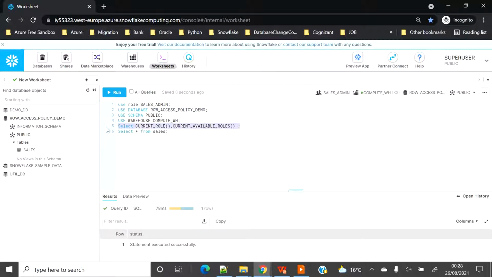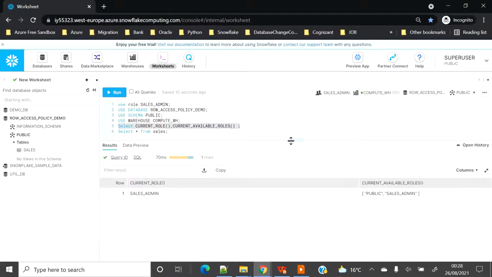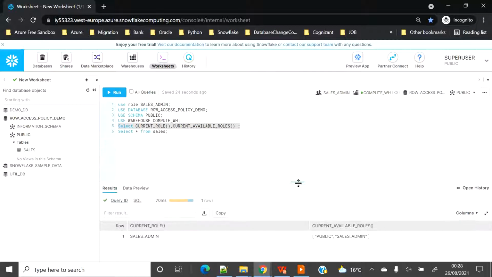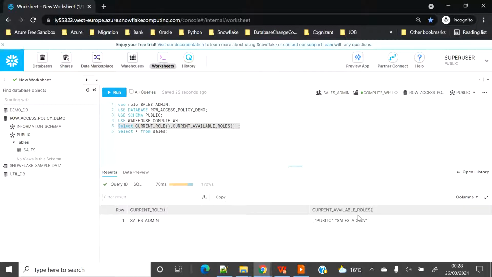Before I execute on the sales table, I would just like to show you the output of the particular inbuilt function. You can see that sales admin is my current role, and all the available roles are public and sales admin both. Now I am connected as sales admin and I hold the privilege to see all the data on the sales table.